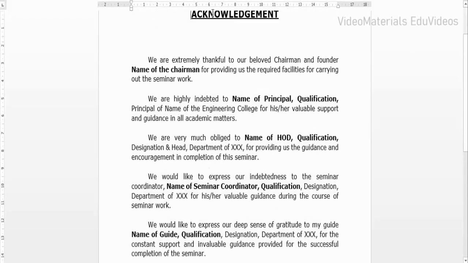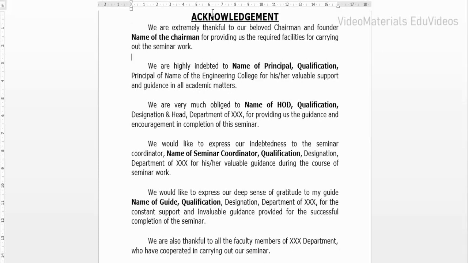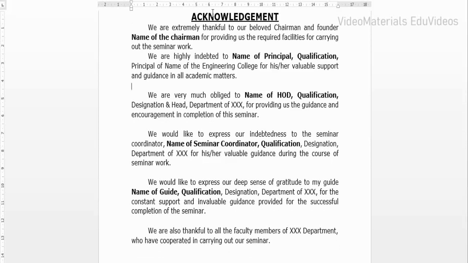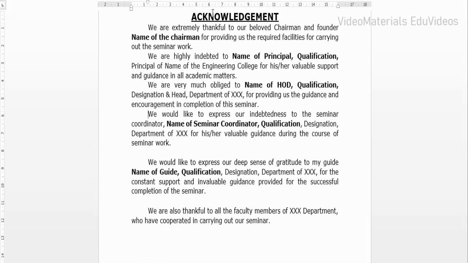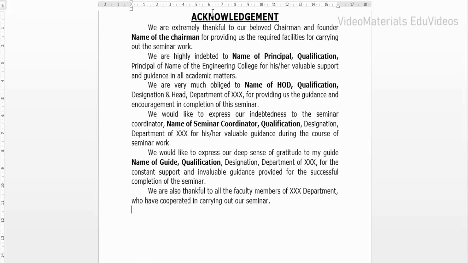It is not recommended to give line gaps like this unless it is necessary, and this is not a recommended procedure. So I need to remove the line gaps in between each and every paragraph, as shown on the screen. So I have removed all the line gaps.